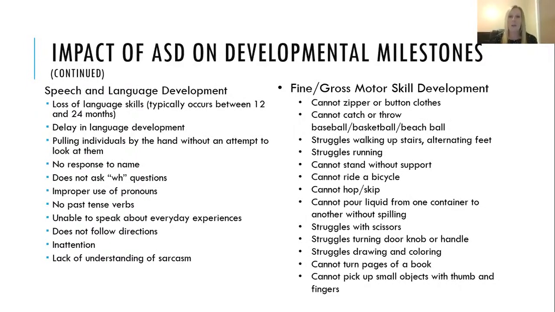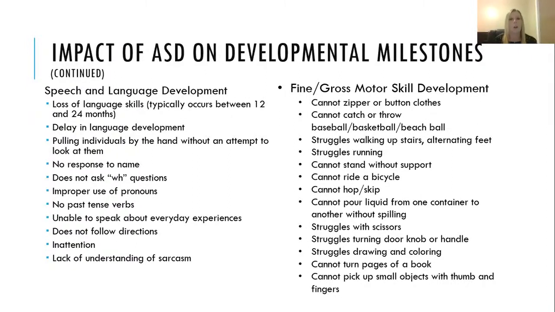In terms of motor skill development, we may see some delays with zippering, buttons, not being able to catch balls with their hands, struggling to walk up and down stairs, alternating by feet. They might hop up and down one foot at a time, or if they're not really able to run or stand without support, so standing without holding on, or if they cannot ride a bicycle yet, especially by 3rd grade, we would want to see them be able to ride a bike, even if